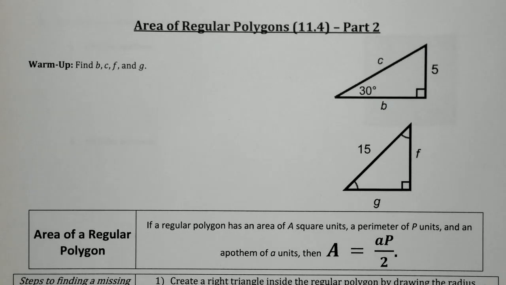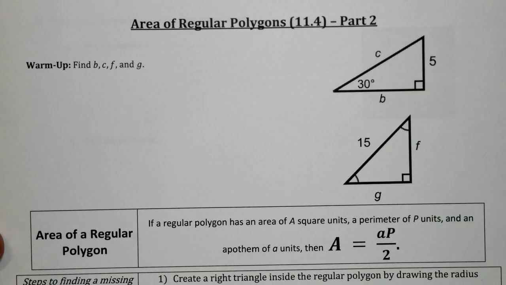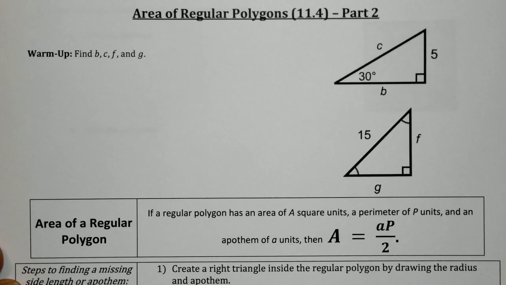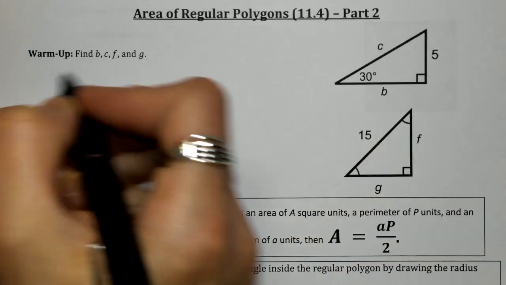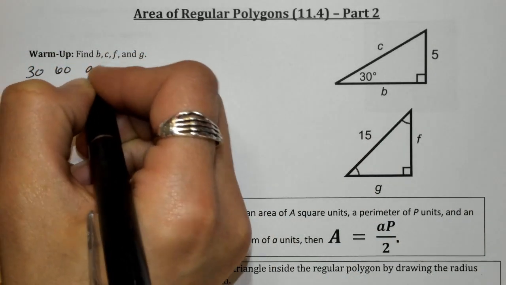So the warm up first, we're going to go ahead and start off by finding B, C, F, and G. B and C are going to be on the 30, 60, 90 triangle over here. And the F and G will be on the 45, 45, 90. So we're going to practice this as well because this is one of the methods you can use for some of the problems. First, let's start off with this 30, 60, 90 to find B and C. Let's go ahead and draw in our 30, 60, 90 table